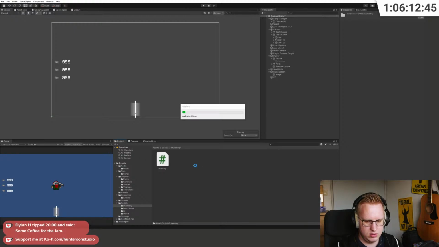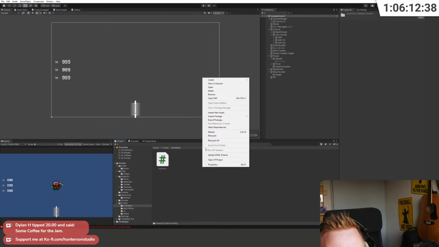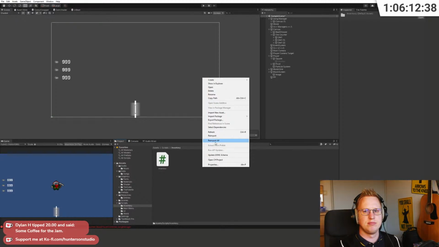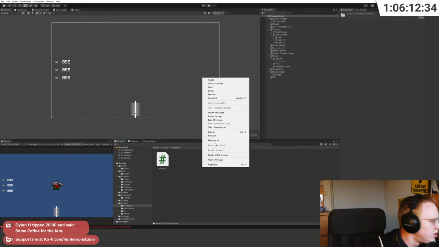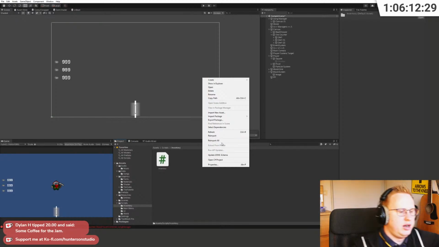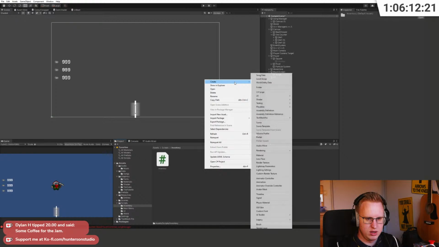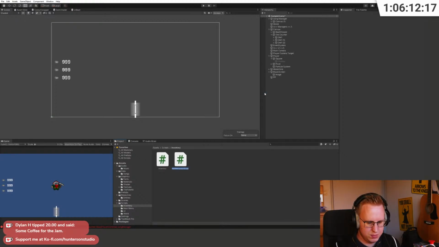I need the weight. I hate it so much. Color. Oh my god. Okay, better. Cool. I need a new C# script or data,